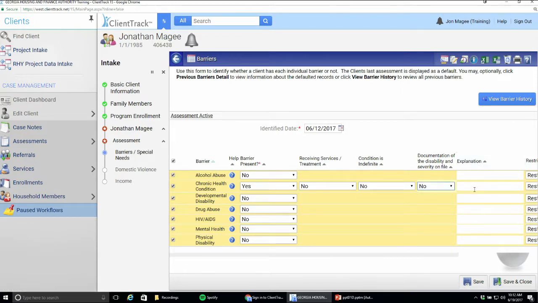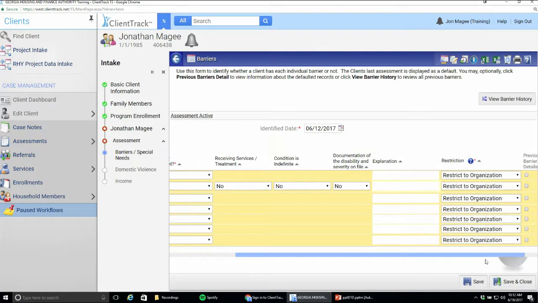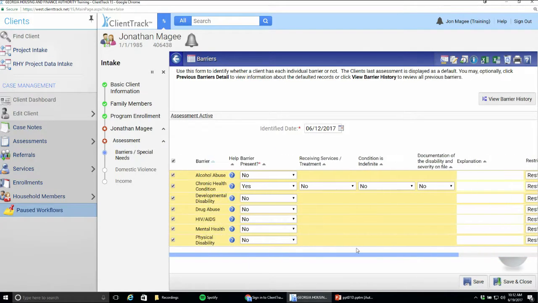You got a little explanation box here. This is not required, but some people will use this to do a little clarification of maybe exactly what this chronic health condition is that this person is recording. This will always default to restrict organization, so this is something that will not be shared with other agencies. Continuing on,